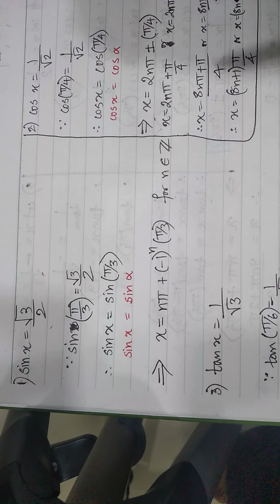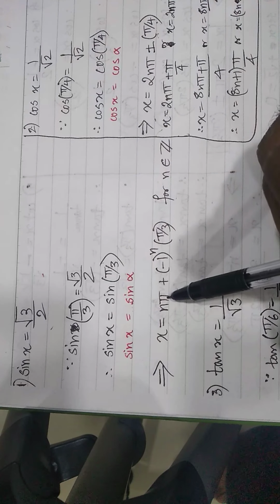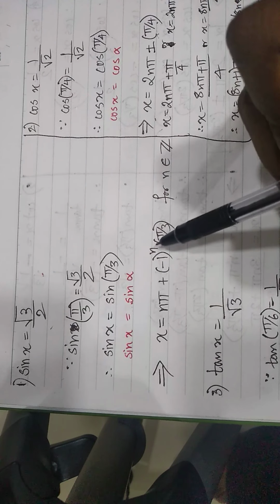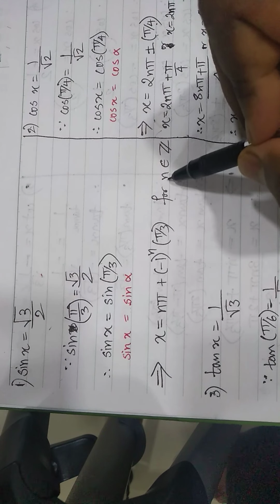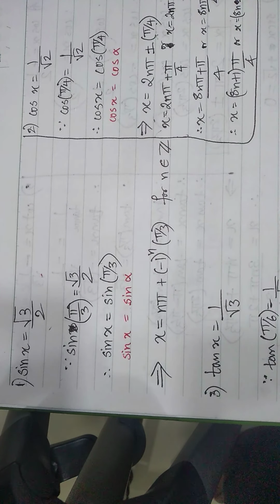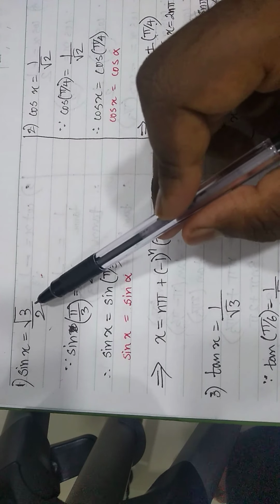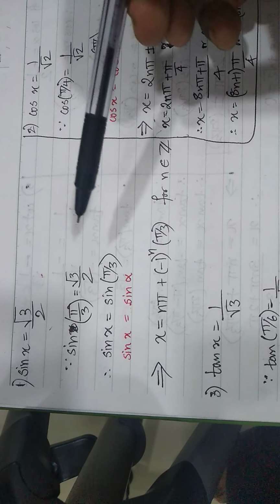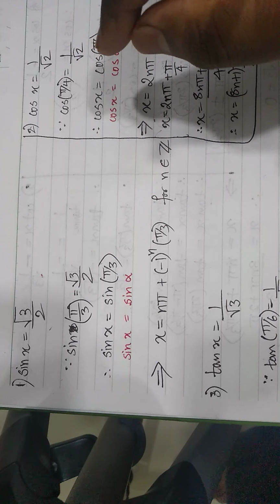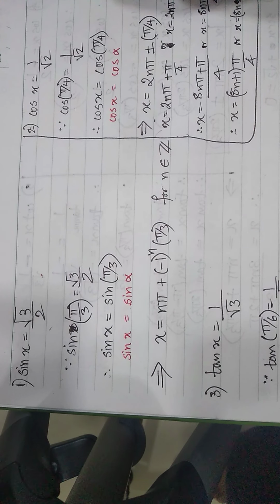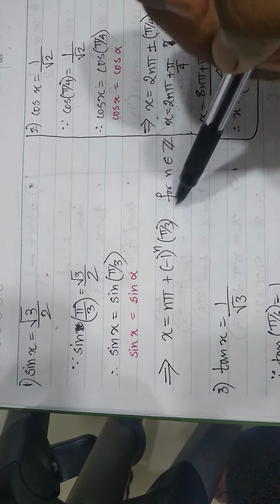So the general solution for sine x equal to sine alpha is x equal to n pi plus minus 1 raised to n alpha. Alpha in our case is pi by 3. You can write the statement also for n belonging to the set of integers. The symbol stands for the set of integers. So I hope you understood how to solve this problem. No allied angles and all those things here, because we are not finding particular solutions. We already have a formula for general solutions. We just need to identify what alpha is and substitute.